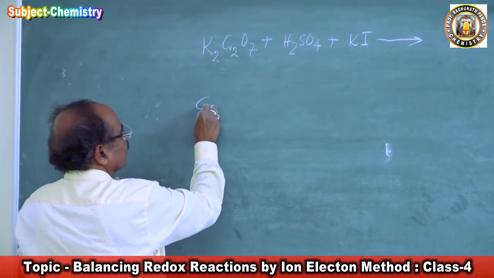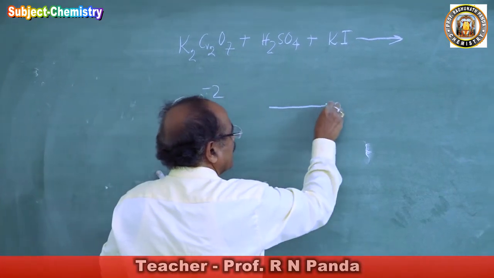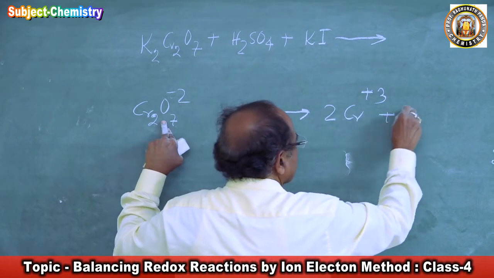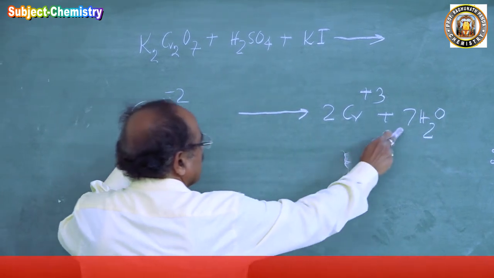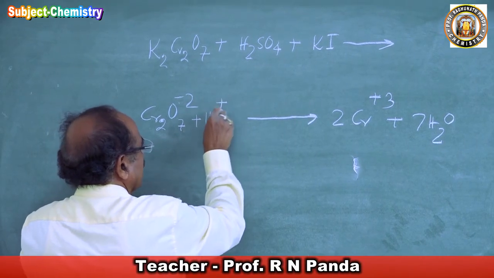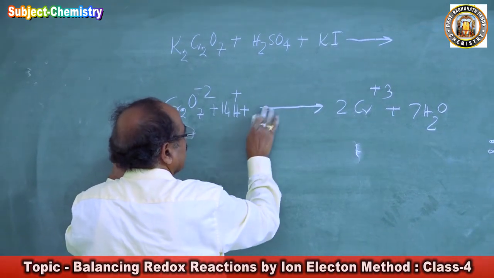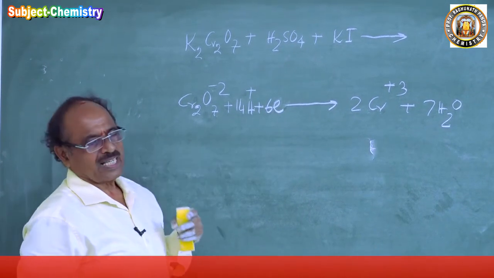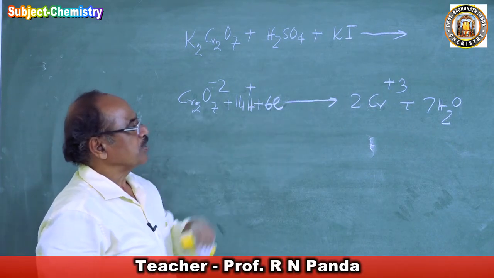So Cr2O7 minus 2, this is becoming 2Cr plus 3. For 7 oxygen we add 7 water, balancing the oxygen atoms by adding water molecules. Then balance the hydrogen atoms by adding hydrogen ions. So we have 14 charges here, 12 charges there, and 6 charges, so balance the charges by adding electrons. This is the ionic form of potassium dichromate: Cr2O7 minus 2 plus 14H plus plus 6e gives 2Cr plus 3 plus